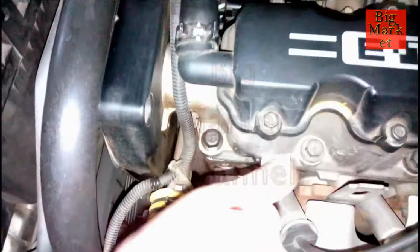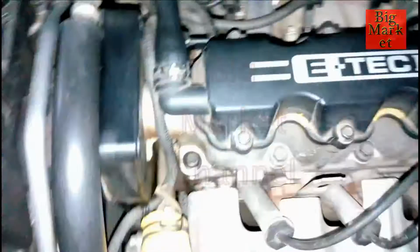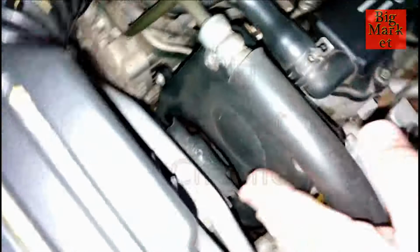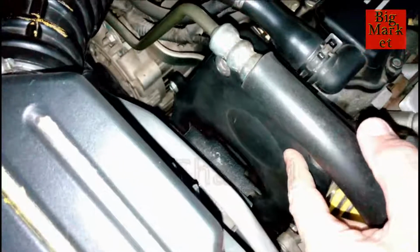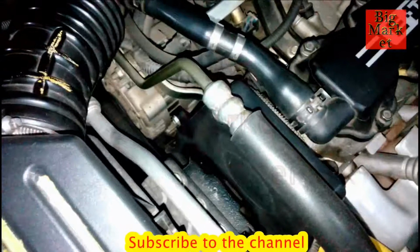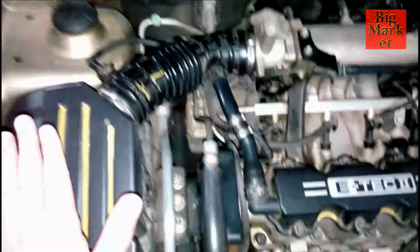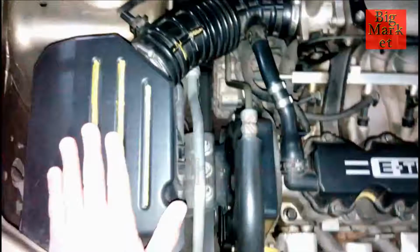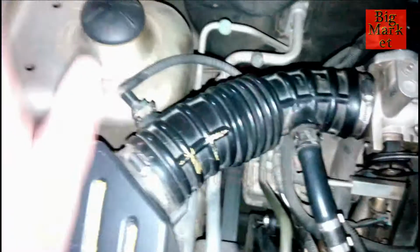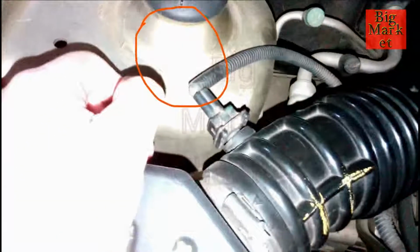some oil in this place too, and as we see here there's a timing belt cover and timing belt gear. It's connected to the crank pulley down there, and here is the air filter. We made a video about the air filter and the air sensor before, and here is the air sensor. This is the air sensor. This part is the air sensor,